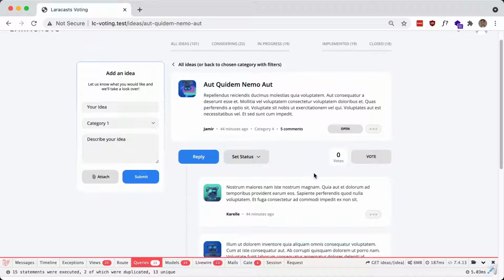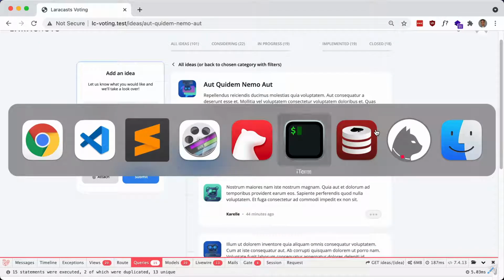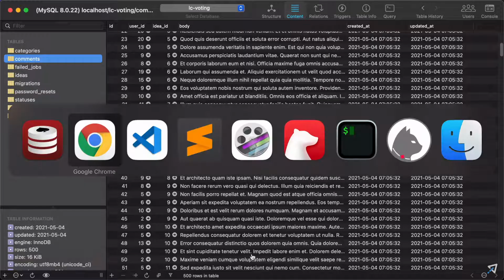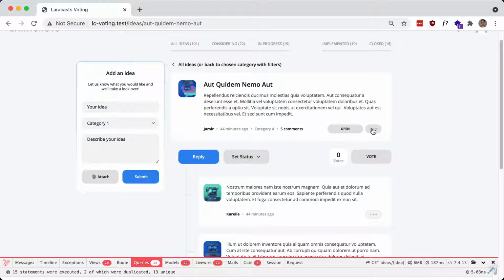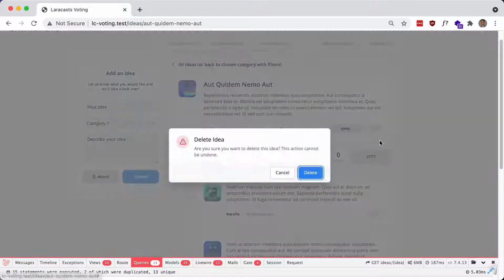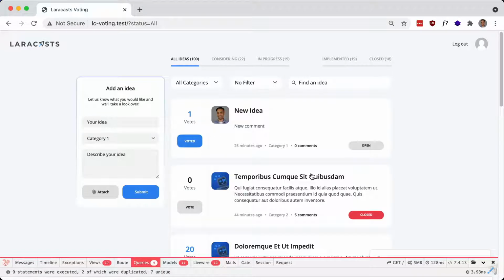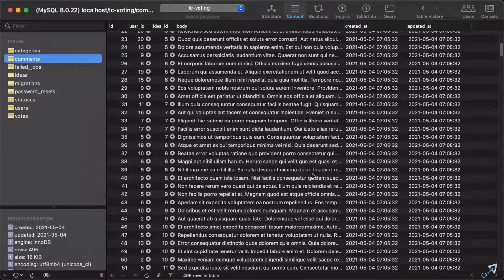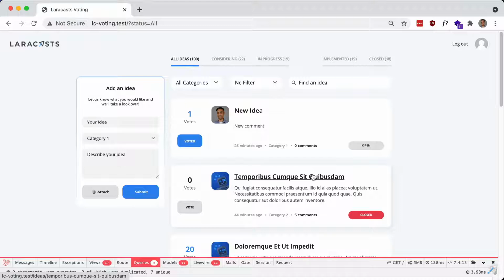Refresh, and this has comments, but if I delete it, actually let's take a look at our comments database here. Our comments table, we have 500, and after I delete it, it should be 495. Delete. Okay, and now 495, so it is working. So yeah, I think that's all the cases I want to handle in this video, so let's go ahead and